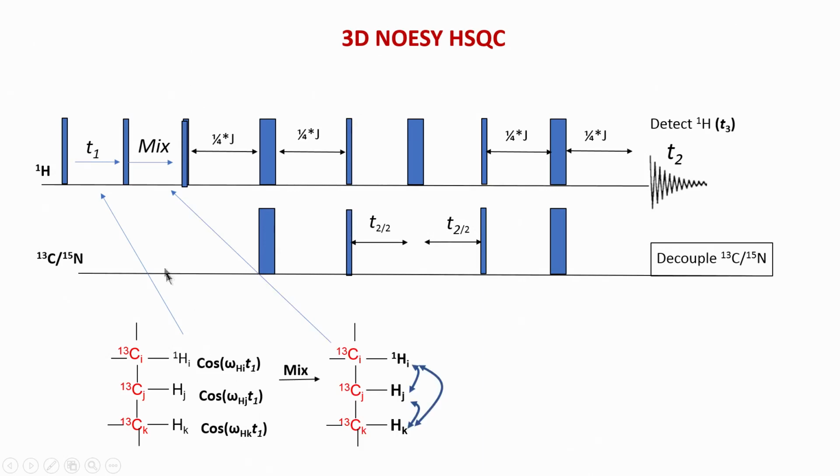Now, during the mixing part, these magnetizations are now exchanged between the different hydrogen atoms. So, Hj will give some 5% of its magnetization to Hi, Hi will give 5% to here, 5 or 6 or 1%, all depends on the distance between them, it depends on the efficiency of transfer between them and so on. Similarly, Hi and Hk will also transfer to each other.